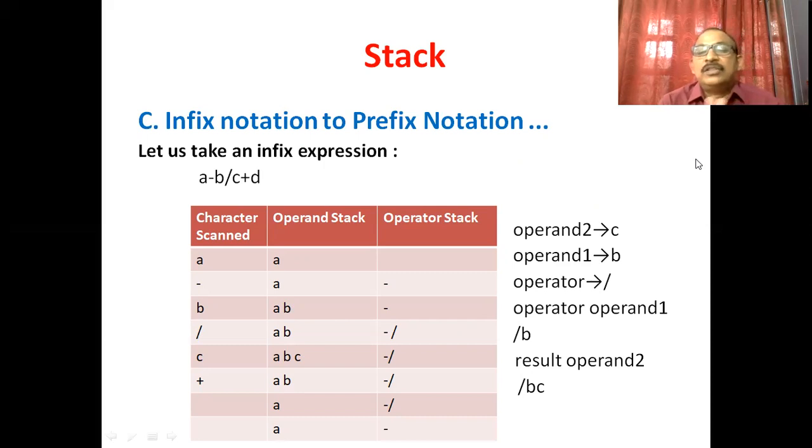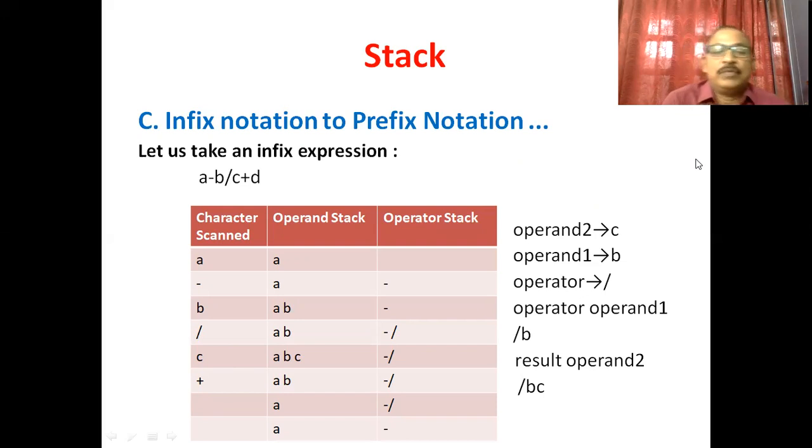Next step, operator followed by operand 1. What is the operator? The division operator, followed by operand 1, which is B. Now the result followed by operand 2. What is the result of the previous step? The division operator followed by B, and next is operand 2. What is operand 2?